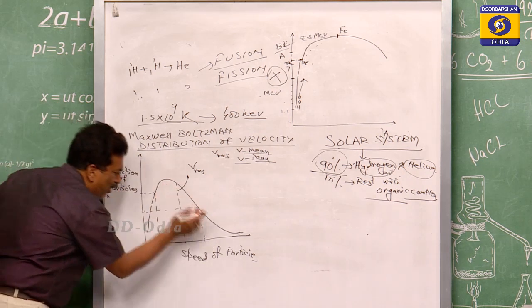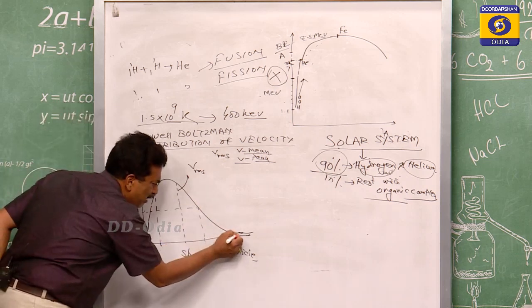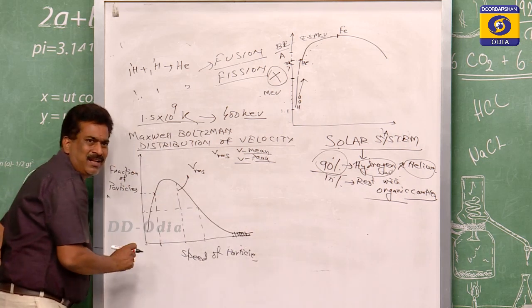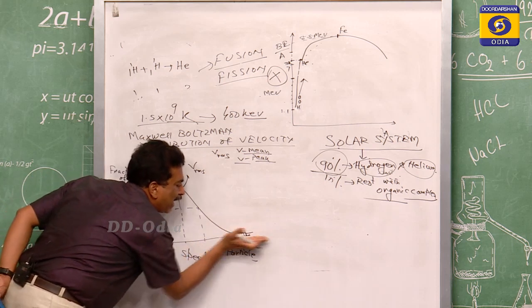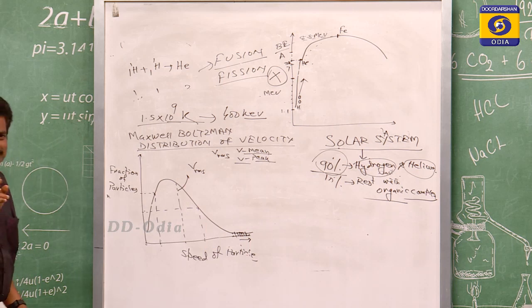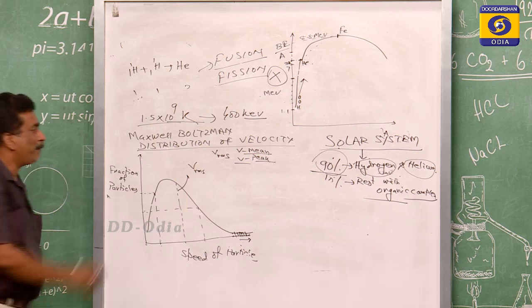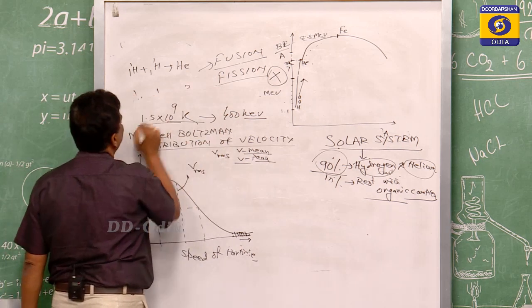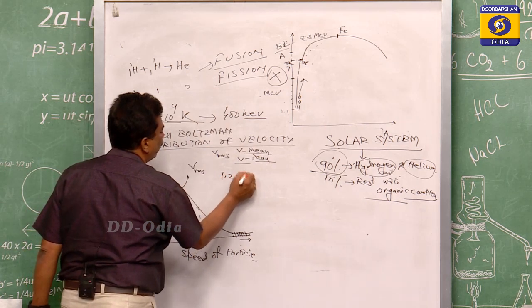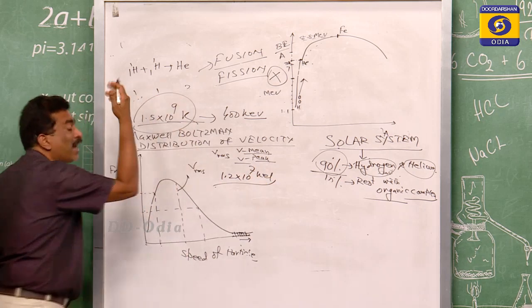As it comes to the downward position, you see a very small fraction is there, but as we go ahead, the speed is more. Are you clear, my students? Here some fraction is there, but the speed is more. But in the solar system, the energy which it already possesses is 1.2 x 10^7 Kelvin, but it requires 10^9 Kelvin.